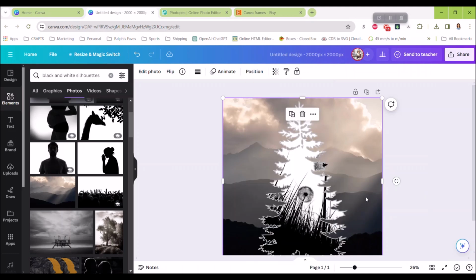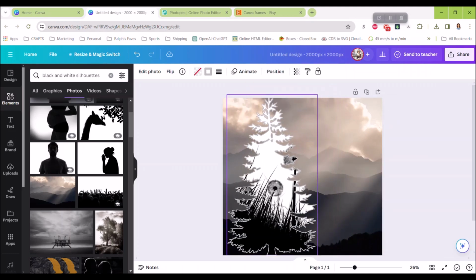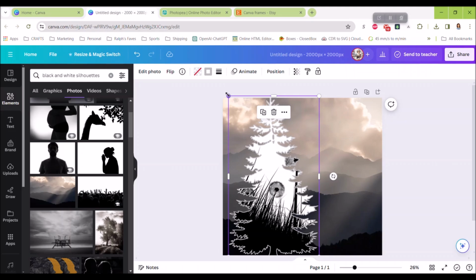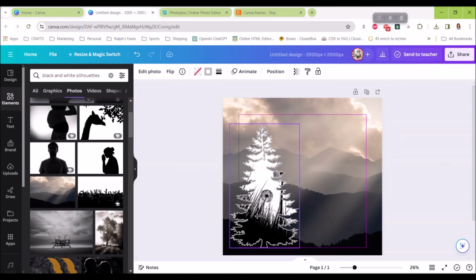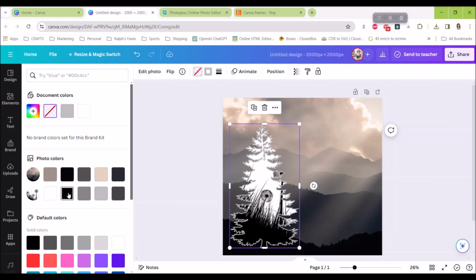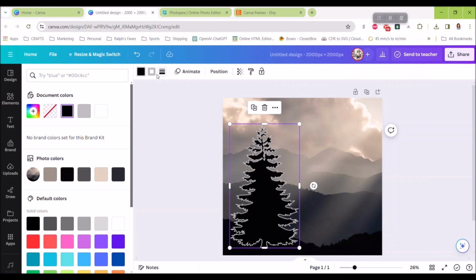See, there's our frame on top of this background. Now we can actually, this is a great example. Instead of using an image inside of this frame, now that we have it on this landscape background, we can